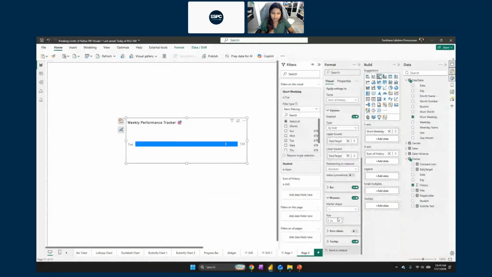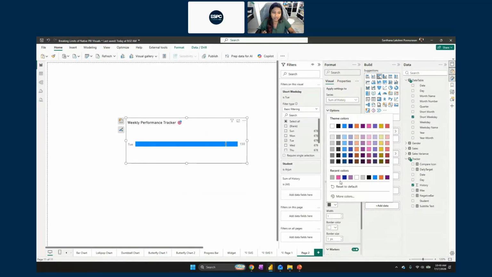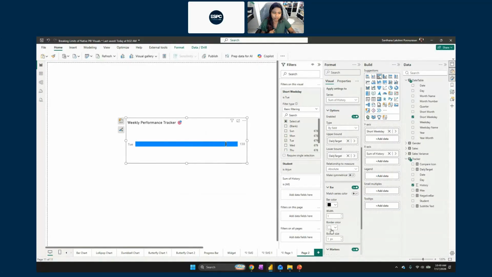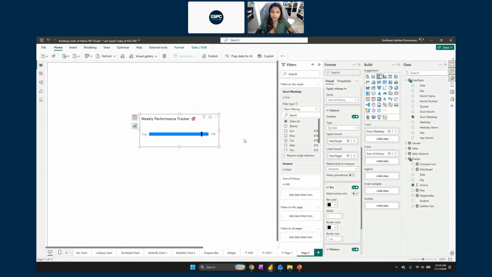Go to your markers, increase the size of your markers, change the color to whatever you feel like, let's just do black, and that's how you get your bullet chart.